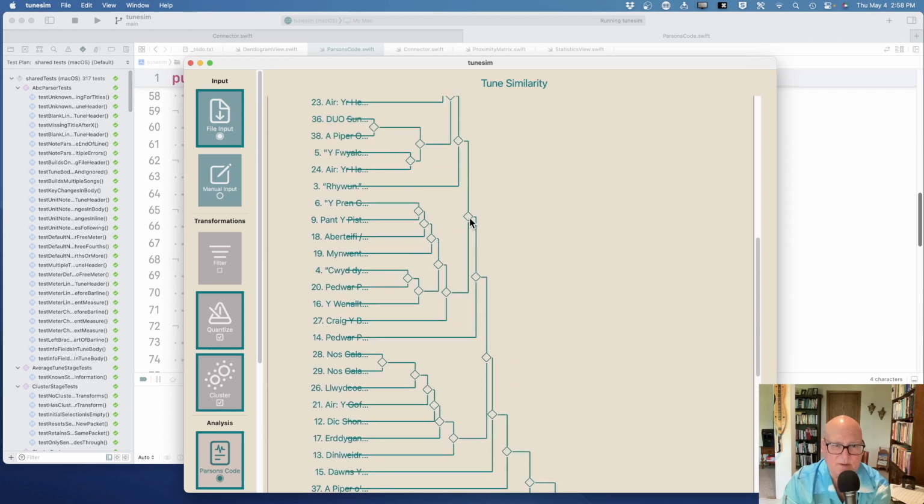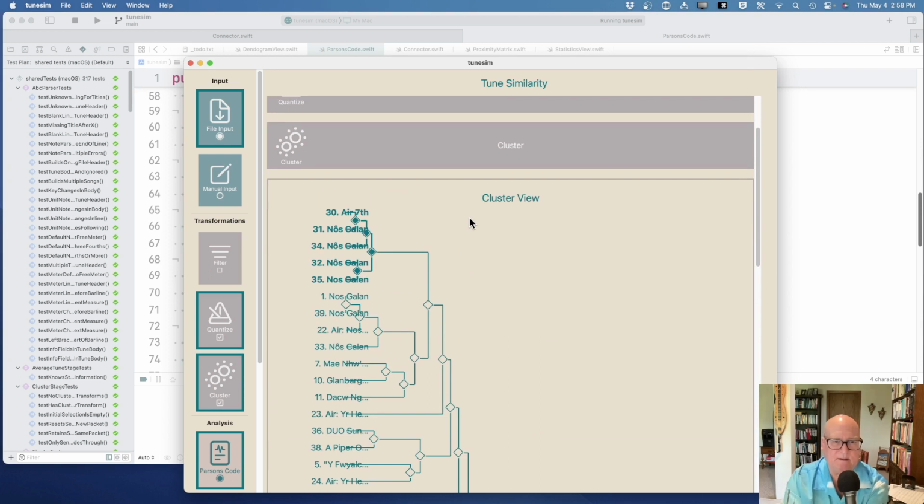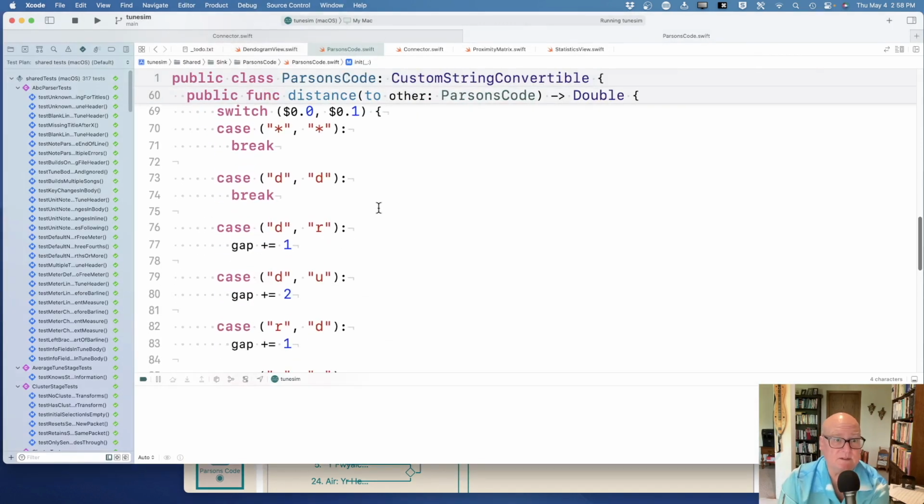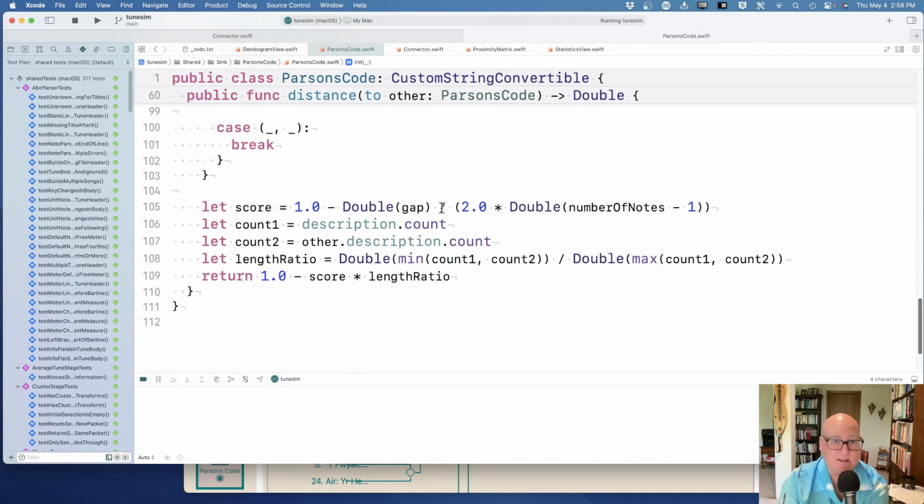That does look a lot more similar. Okay. Okay, so the next thing I wanted to do was, this is just playing with it. Right now we take the score, double the gap times the number of notes, and then a length ratio. Let's take off this length ratio. So this is saying if you have 3 notes and this one has 4, your score should be reduced to 3/4 of what it could be. That we're assuming the extra notes are kind of wrong. And I think if I take off this length ratio,